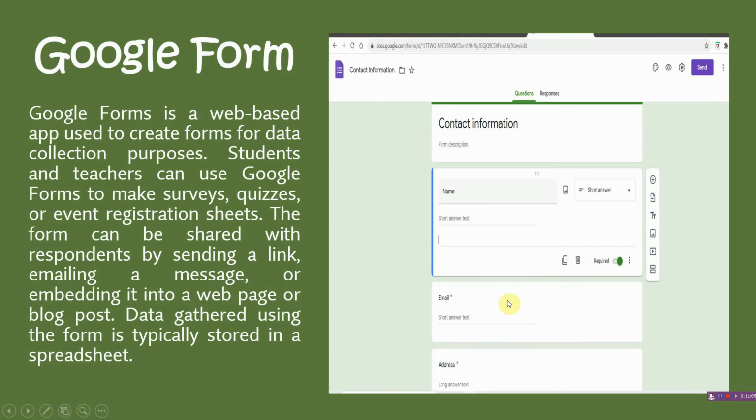See here the questions, and here the students put in the information that has been asked. Then they give the answers to those questions in MCQ format. We make quizzes in the MCQ format, and whatever responses you give, we can see those responses here, and your marks are generated. So this is how a Google Form is designed.